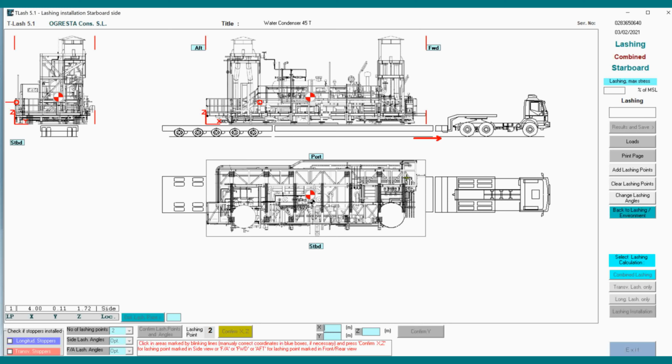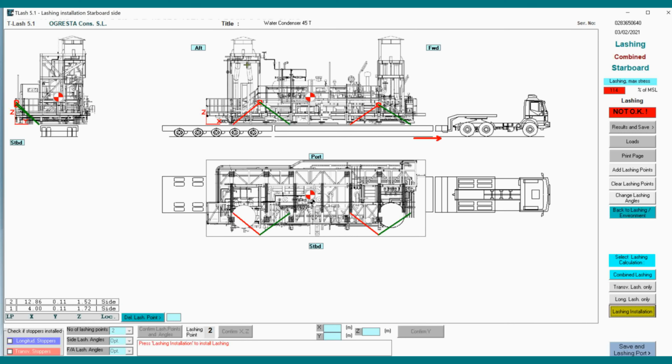And now let's introduce another side point for side lashing. For example, here, here, and here. Lashing installation is 14% above the limit of the lashing material. So we have to improve